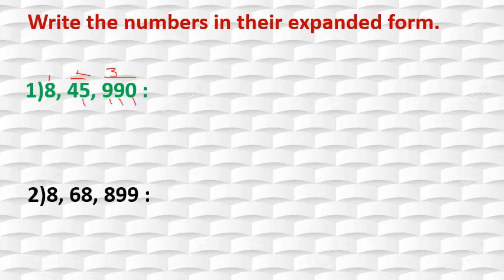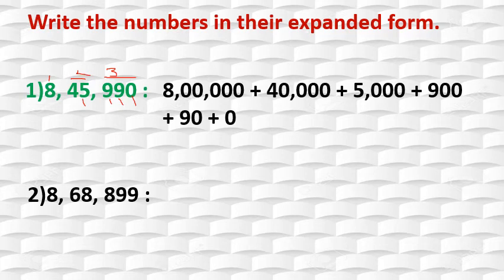Like this. When we select a number or digit, in front of that, how many digits are there? That many zeros we will put. That is a very simple method. See here, after 8, 5 zeros because 1, 2, 3, 4, 5 numbers are there. And after 4, 1, 2, 3, 4. And after 5, leave this, only 3, so 3 zeros. And after 9, only 2, so 2 zeros. Like this if you do, then we can write the expanded form of the given number properly.